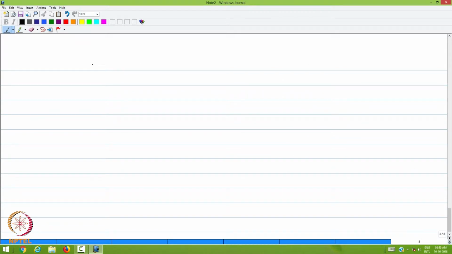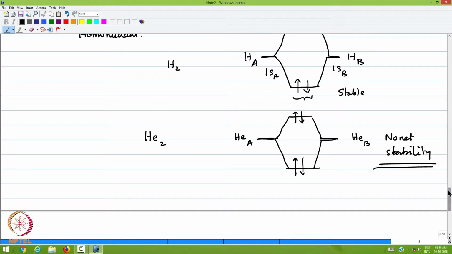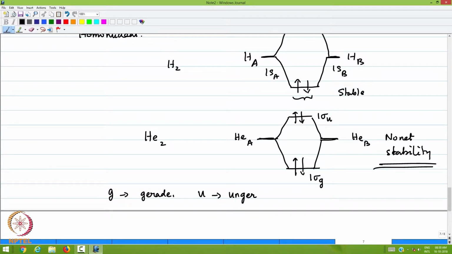The next case is, there is also a convention of labeling these energies. The label is that this is called 1 sigma G and this is called 1 sigma U. The G and U stand for Gerade and Ungerade, which is symmetric and